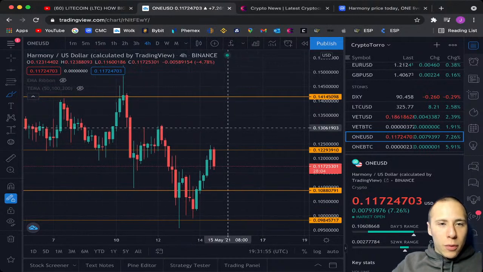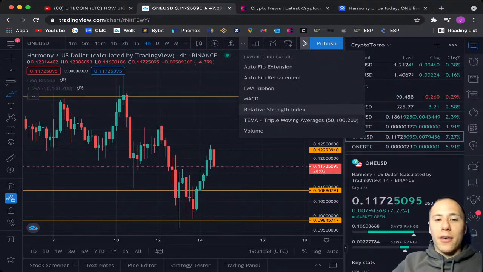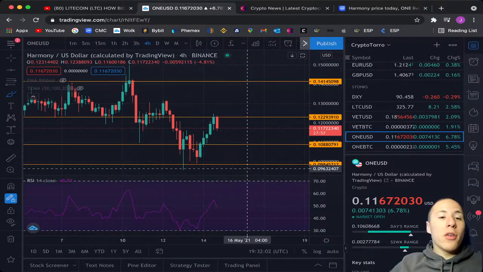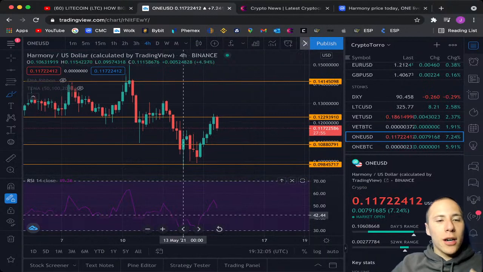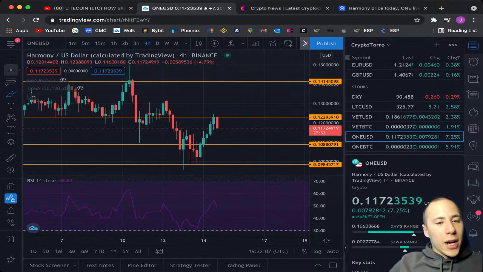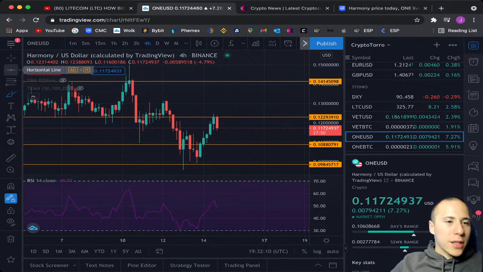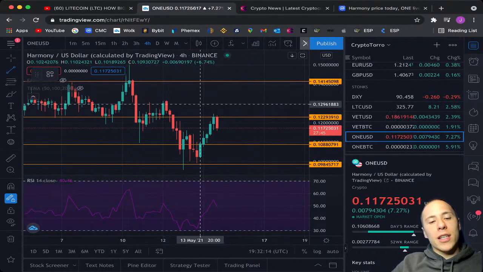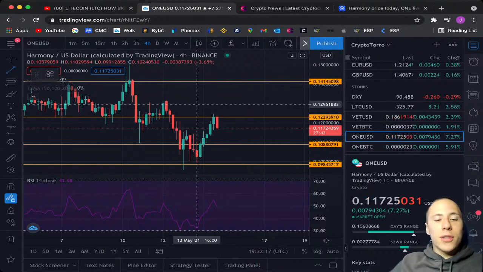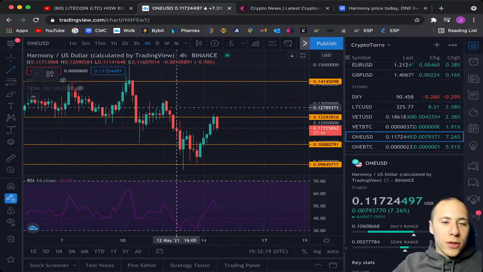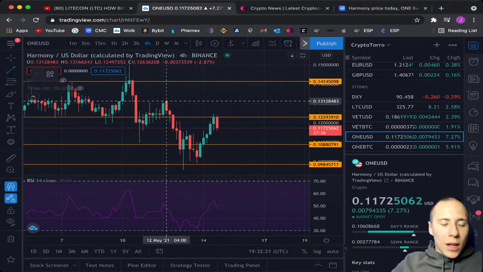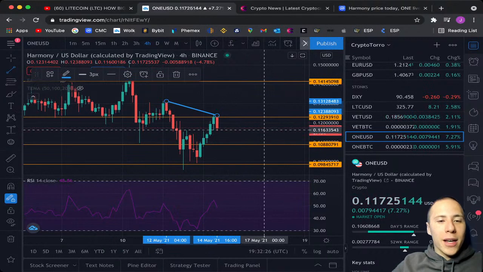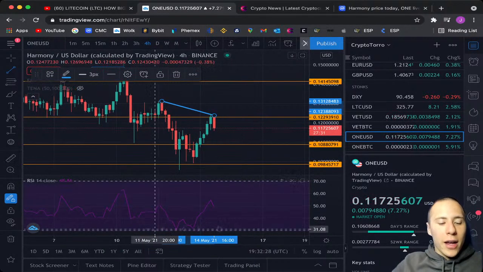And just to take a quick look at the RSI, because I'm personally a huge fan of the RSI, because you can always spot bullish and bearish divergence on the RSI, and those are really important divergences that you can spot if you're using the RSI compared to the chart. It's just that easy to look at, and if you're not doing this, you have to look at the RSI to spot this bullish and bearish divergence, because they are very significant in the price action of each cryptocurrency coin.